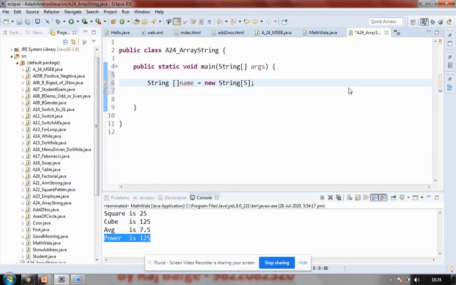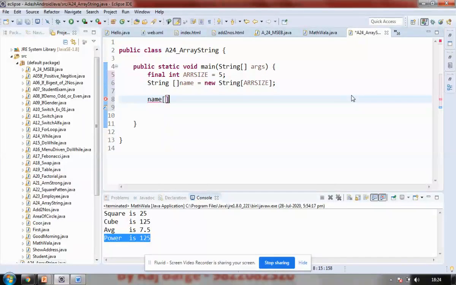In industry, we don't specify this as a constant value directly. We define some constant variable for it. To define anything constant here, final is a keyword. So final int arraySize, and if it is a constant, it's better if you specify the array size, 5, and you can assign it. So it creates memory for 5. That is done. We are going to initialize values to this.